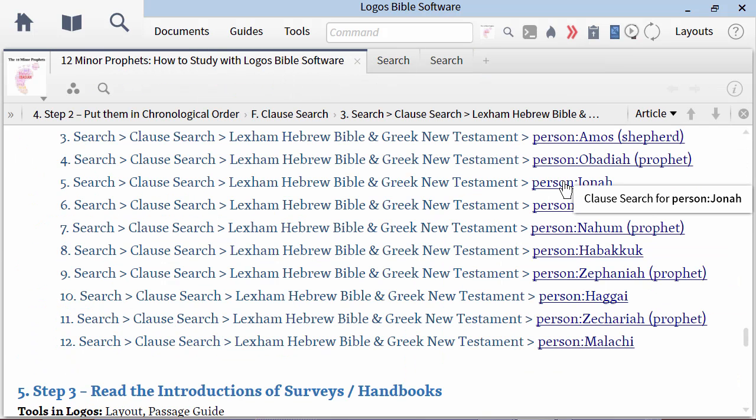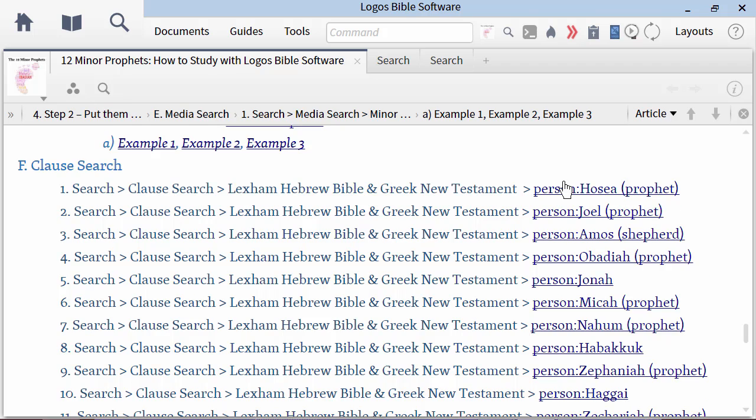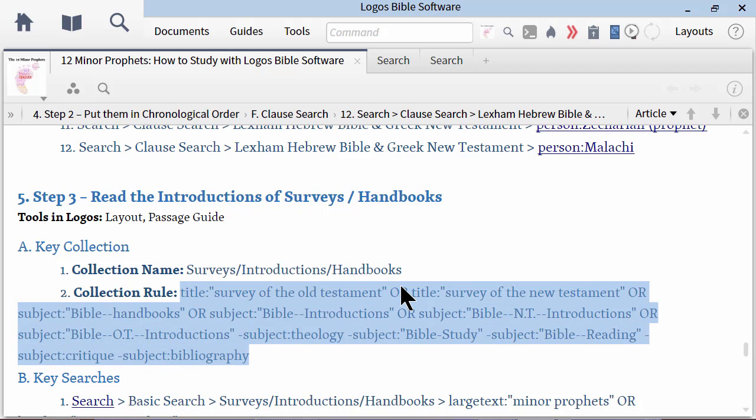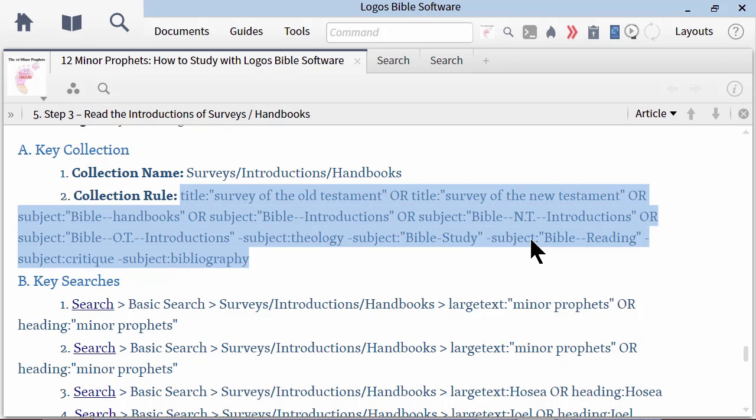And again, for all the prophets, I've included those in the personal book. Tons of information, very overwhelming, but staying organized is the key. Now, I've also created a collection called Surveys, Introductions, and Handbooks. And those are all included here with a special rule. Now that is so that you can search these books and only these books. So let me do